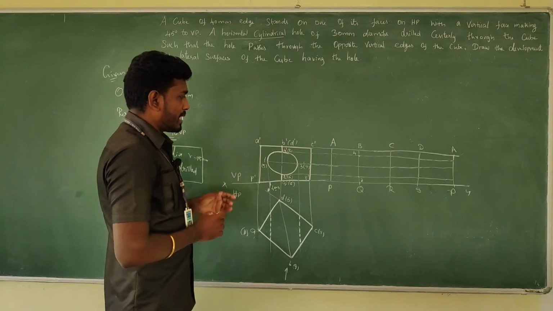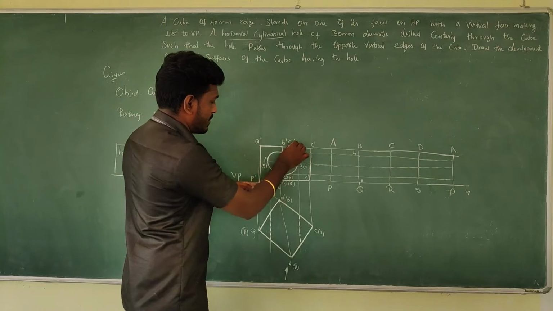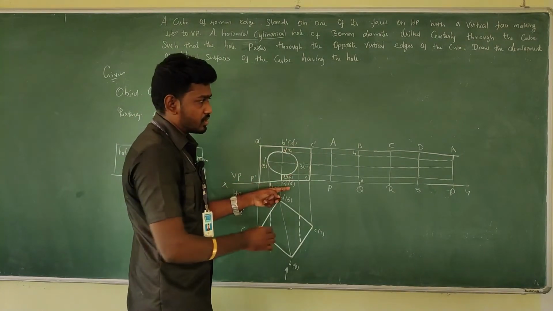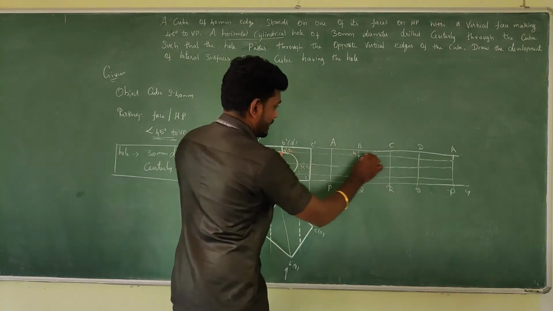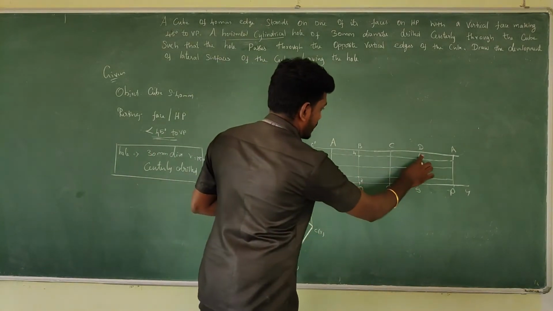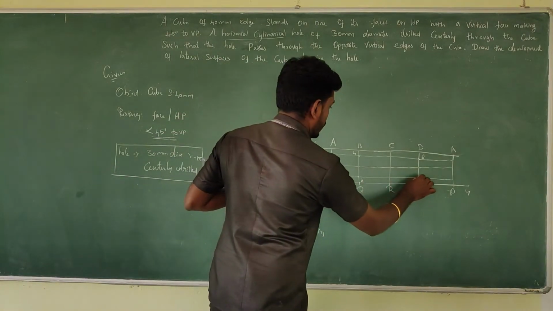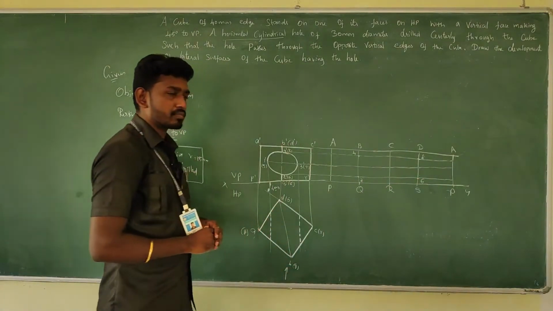In the same manner in the rear side, 8 and 6. It is easy. It is between the hidden edge D to S. D to S. The line is here. This would be 4. This would be 8. It's a hidden edge, right? This would be 8. And where is 6? Here it is. So this would be 6.